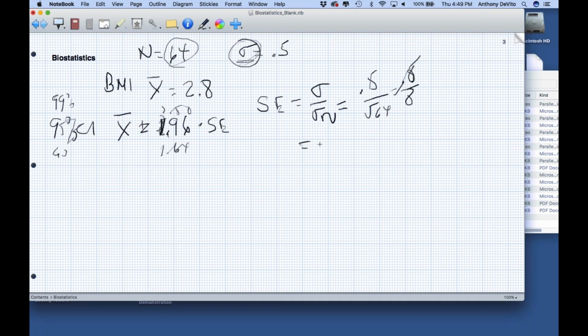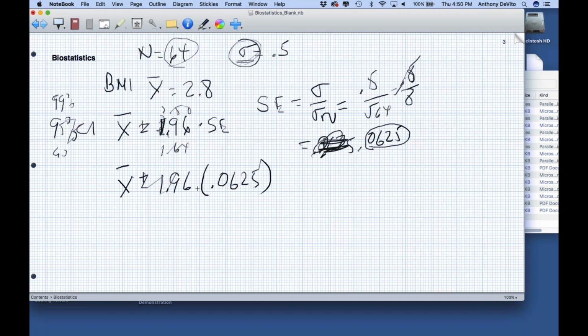So what is that? 0.0625. Oh, I'm sorry, it's 0.5, not 5. Yes, 0.0625. Okay, that's our standard error. So our confidence interval is x bar plus or minus 1.96 times